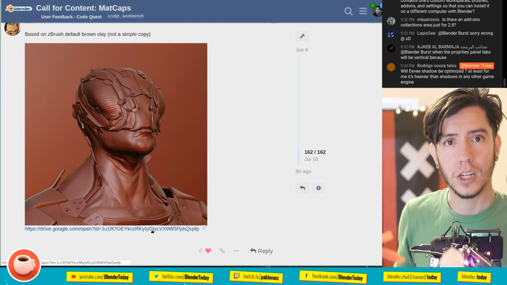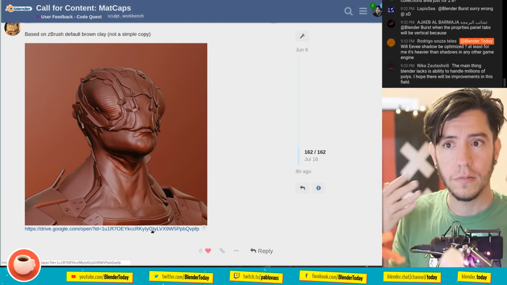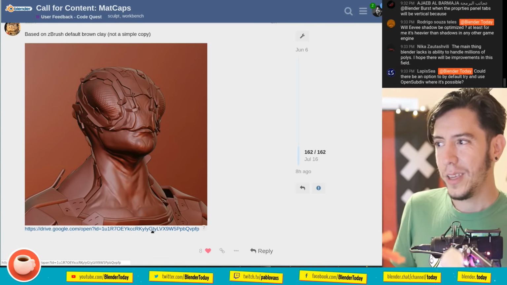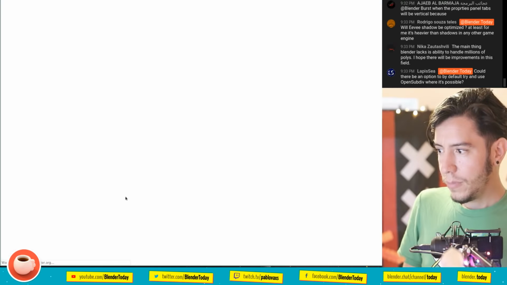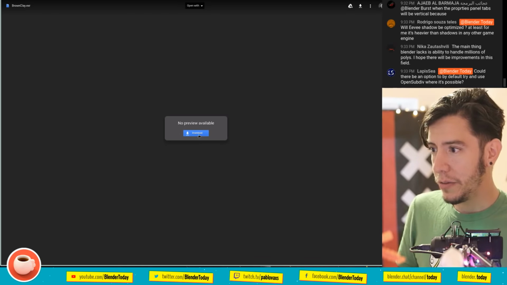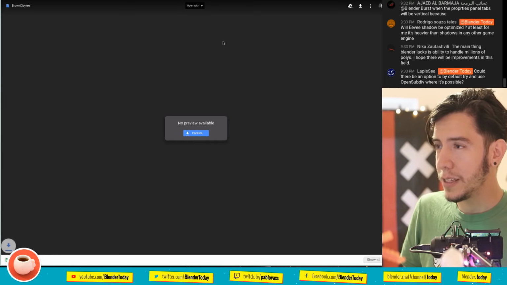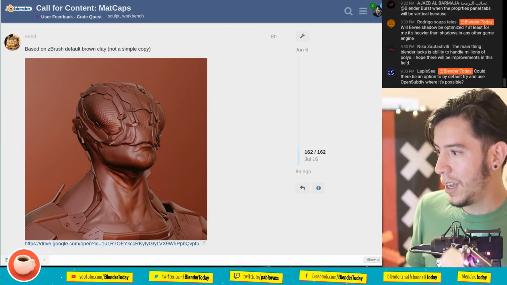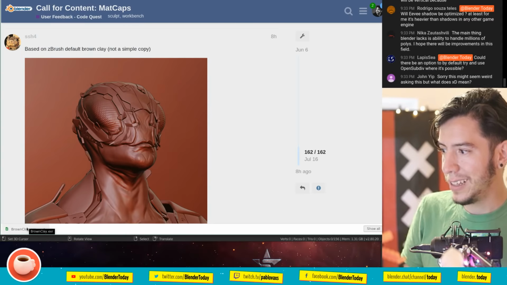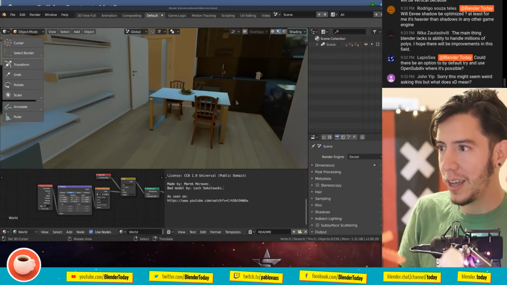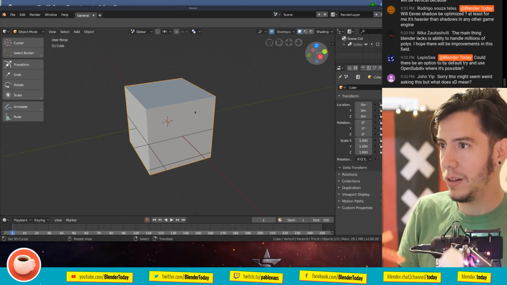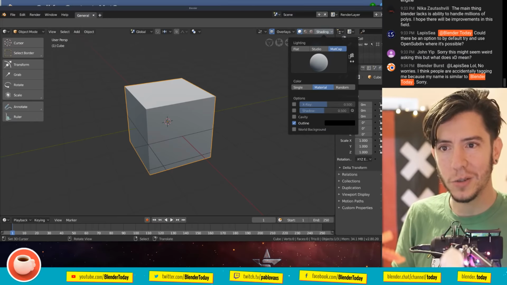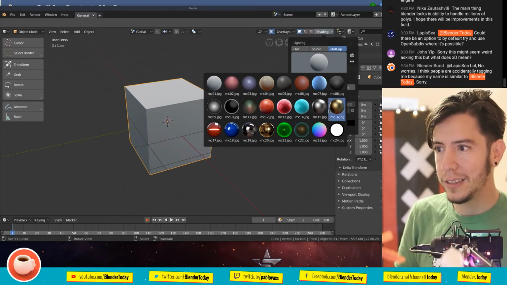So that way they are full depth, full color, and they can be future-proof. For example, this contributor, SSH4, uploaded a brown clay matcap. He shared this EXR file, and in Blender, trying a new matcap is as simple as going to, for example, here, choosing the matcap, and then you can choose, instead of selecting one from your list,